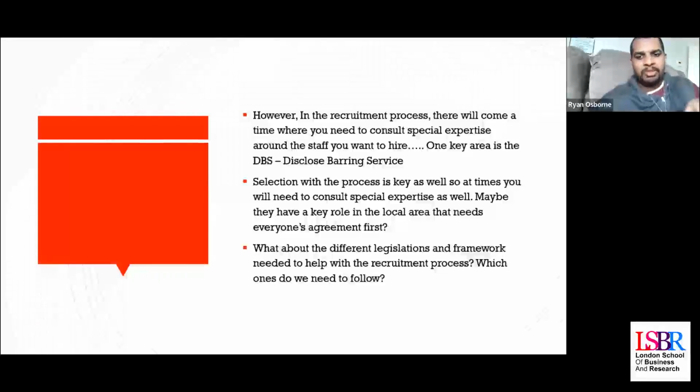So when we look at special expertise and frameworks as well, it is to be expected that they work within that particular framework. So a particular framework may be around safeguarding vulnerable adults. There's a particular framework that will help you with your recruitment process. So just to recap quickly, guys,